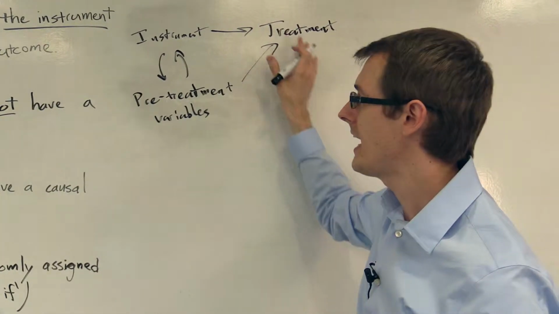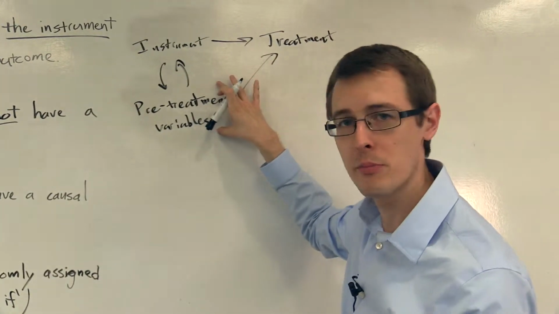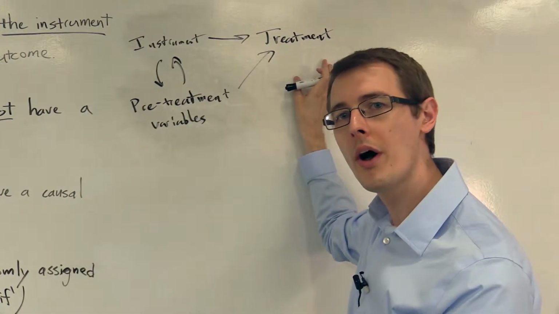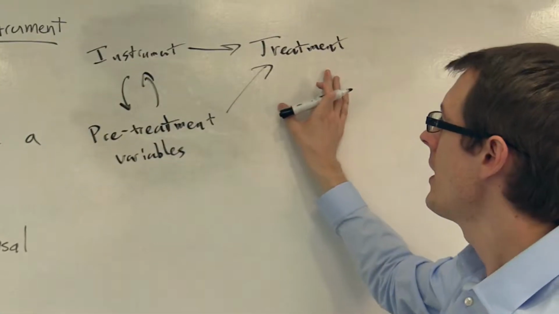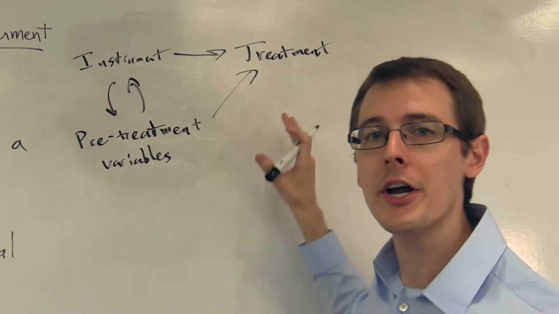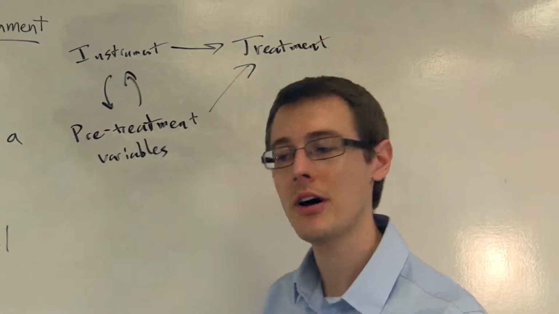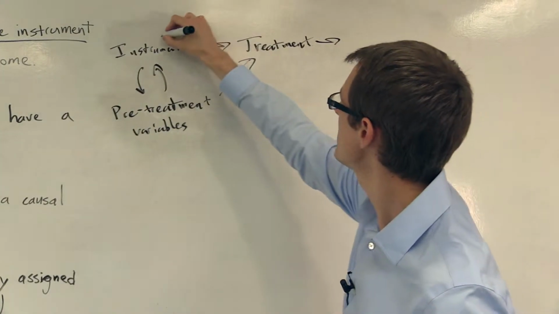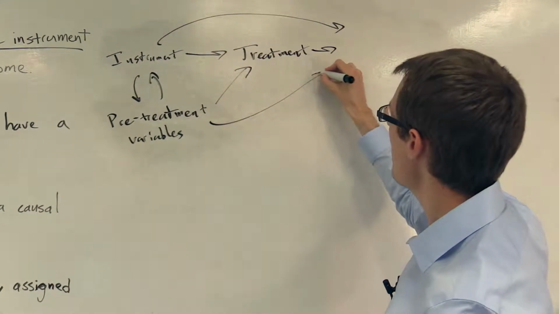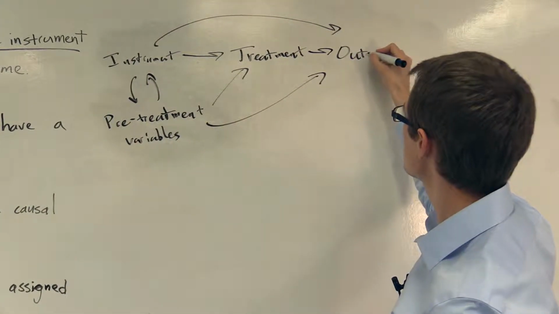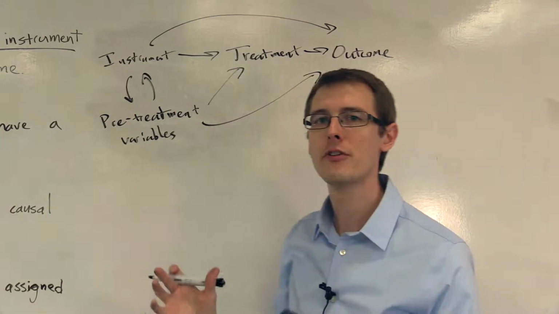Now each unit has a value of the instrument, a value of their pre-treatment variables, and what their treatment variable is. Now all of these variables together are going to combine to determine what their outcome is. The treatment, the instrument, and the pre-treatment variables are all possibly going to affect the particular value of the outcome